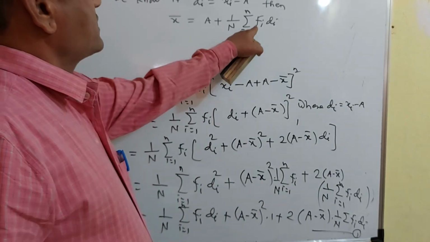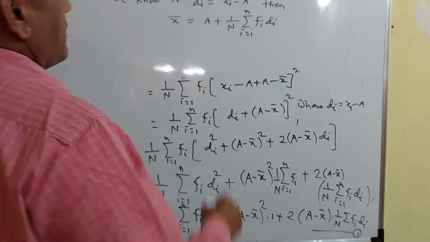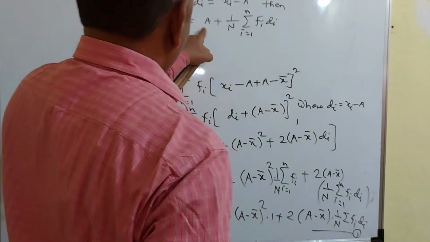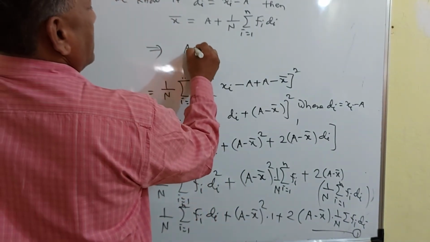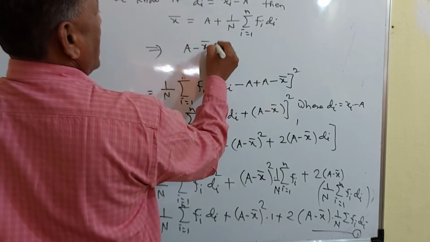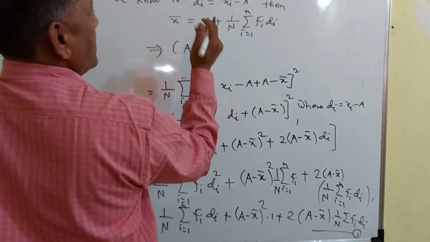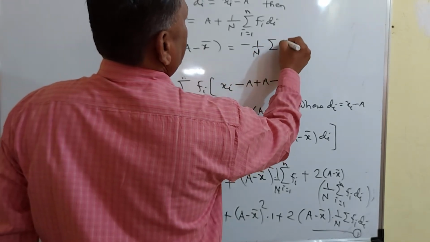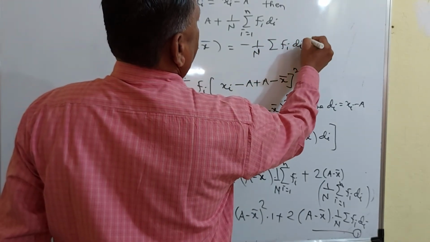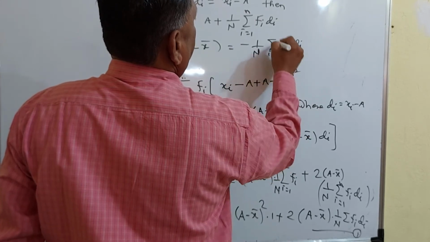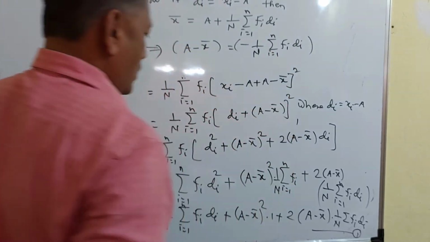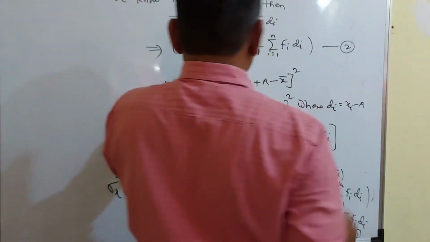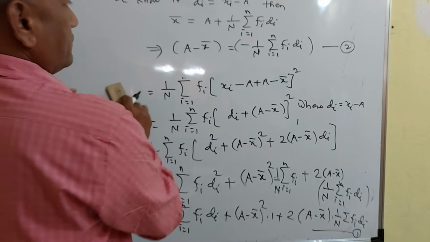Now from this, what is the value of a minus x bar? a minus x bar is equal to minus 1 upon n into summation of fi into di, i going from 1 to n. So suppose this is 2. Then using 2 in 1 we get